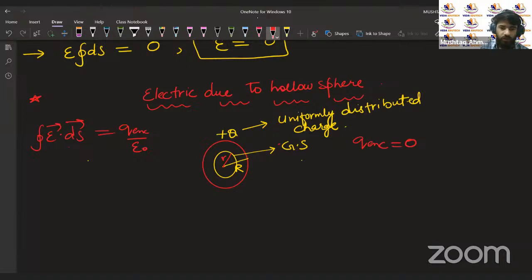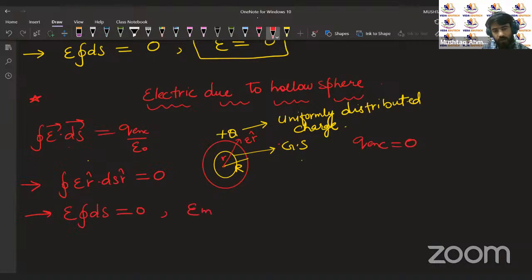And the direction of the electric field, let's suppose, will be in this direction, E r cap, and the direction of the surface vector is also along this. So we'll have the integral of E r cap dot ds r cap. The charge enclosed is 0, so it will be 0 here. r cap dot r cap will be 1. So E will come out of the integral, leaving the integral of ds equal to 0. Or we can say the electric field E inside